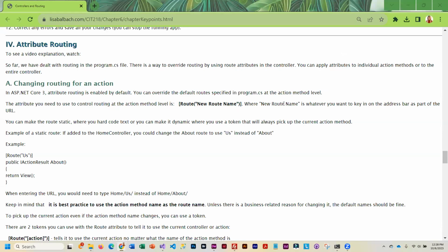In addition to specifying the mapping for a route and modifying parameters, you can also use attributes to change the routing. You can do it at the action method level. You can also do it at the controller level. But you need to have a really good business reason for doing this because it is standard practice to use the action method name as the route name. Okay, so there has to be a pretty good reason for doing this, but